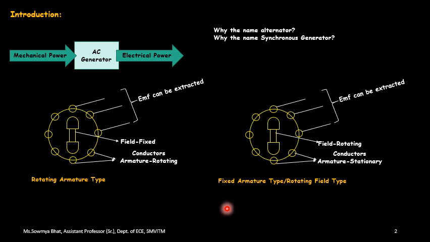Suppose in my application I want to design high power outputs or high voltage machines, say in the range of 3.3 kV to 66 kV. Then I can make use of the rotating field type of alternator. One drawback in this case is that you are going to place a magnetic field in terms of a north pole or a south pole, depending upon the number of poles.